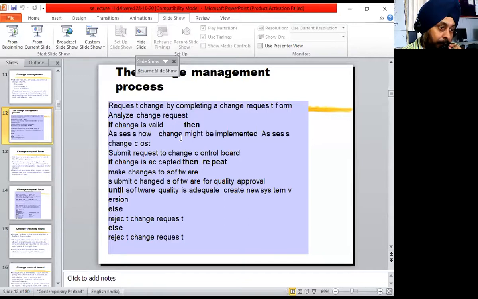Clear? So therefore that particular board is developed, the control board is developed. Because if the decision is taken by the HOD, that decision will take into account only the CSE department, but not other departments. But the board constituted at the college level will see whether that change can be accepted by the whole college or by the management or not. Clear? Now understood? If anybody else wants to ask.